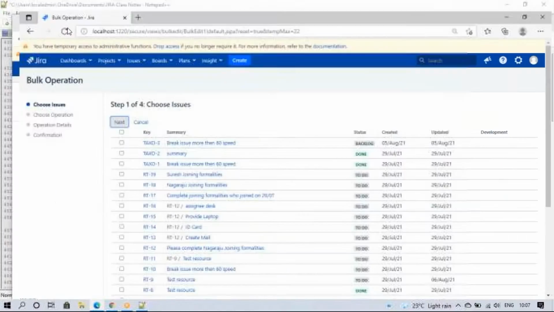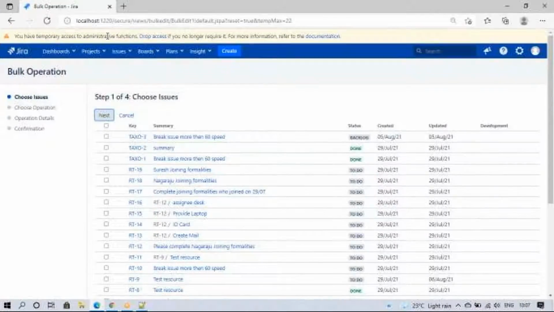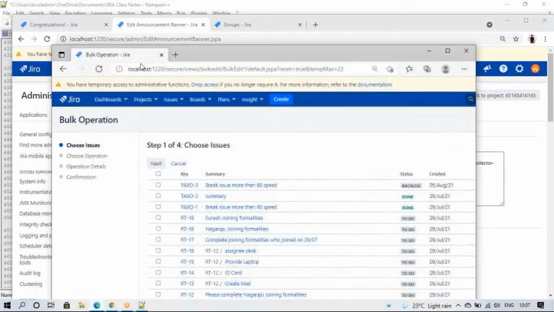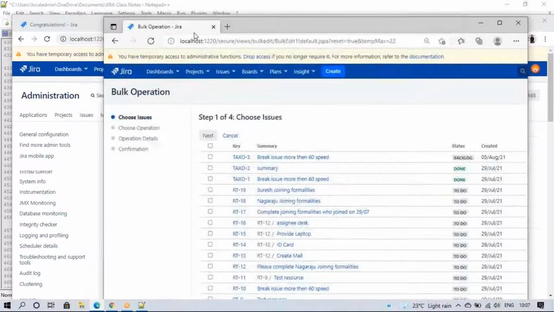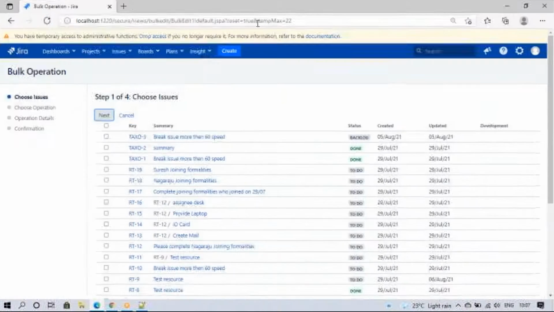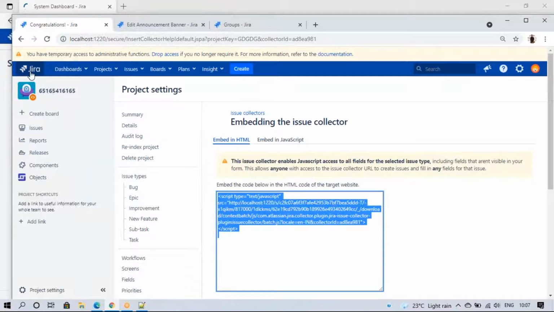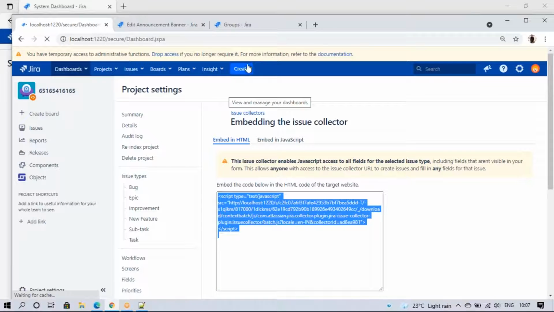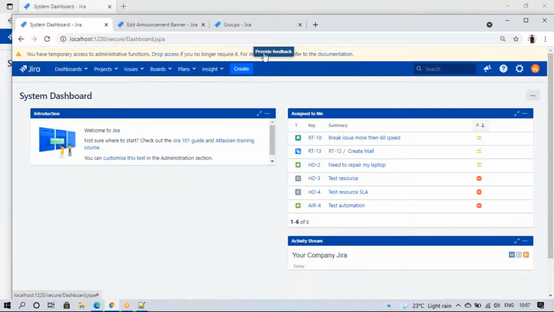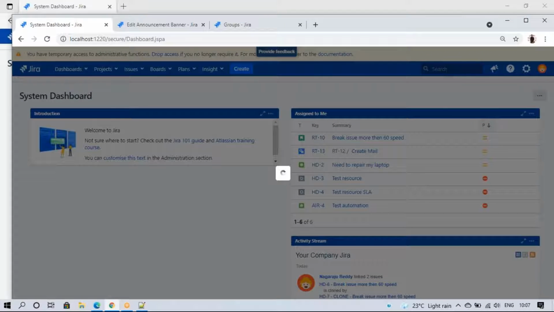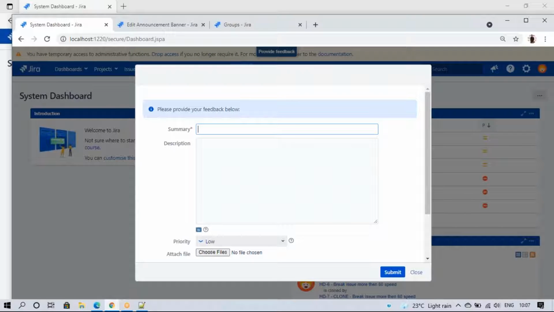Once the banner is set, you can see provide feedback at the top. See, provide feedback. If I click on provide feedback, the page will open.